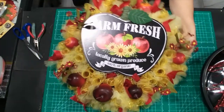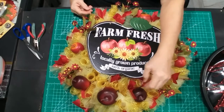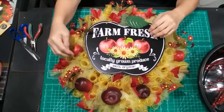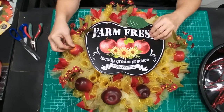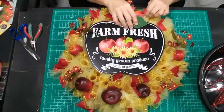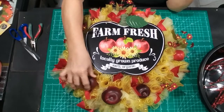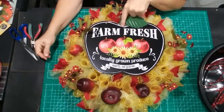My takeaways for these wreaths would be you can mix and match all kinds of different products together and get some really cool variations. For instance, this is the tulle and the Deco mesh. Actually, I really kind of like this look. Kind of fluffy. Would be very durable outside. Apples, if you have it in a porch area, would probably be okay. I added